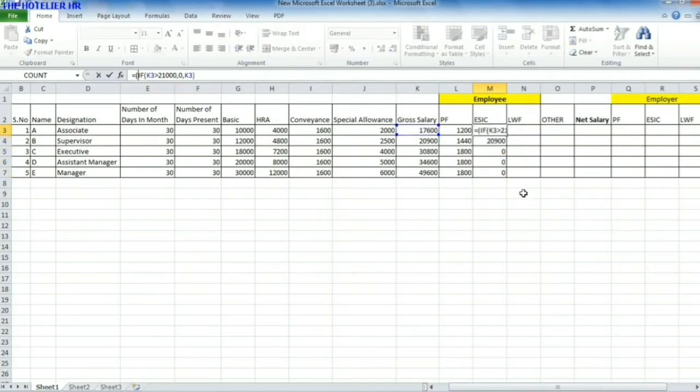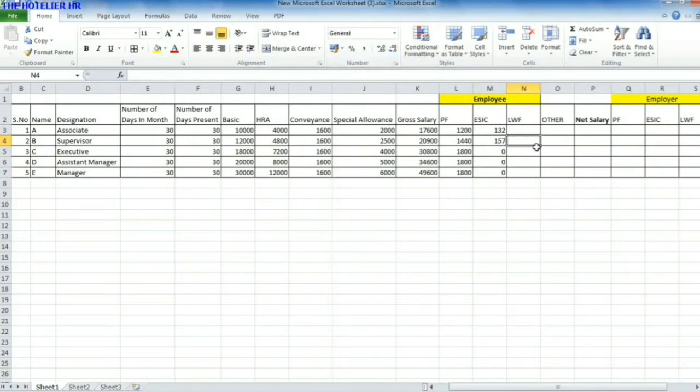Now, we want to have 0.75% of ESIC, so again we will put a bracket on it and multiply by 0.75%. So it will calculate directly 0.75% of ESIC. As you can see, now it has calculated.